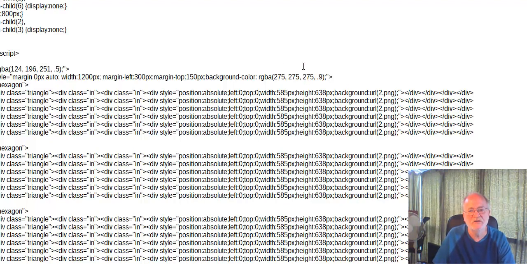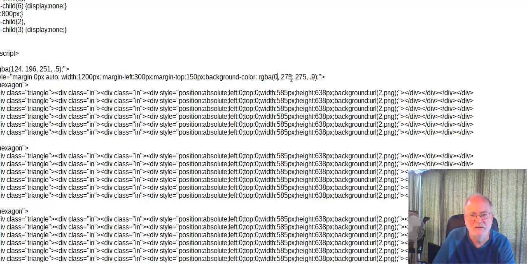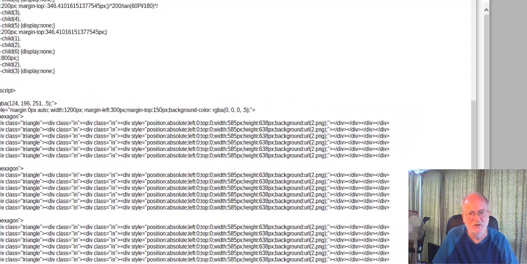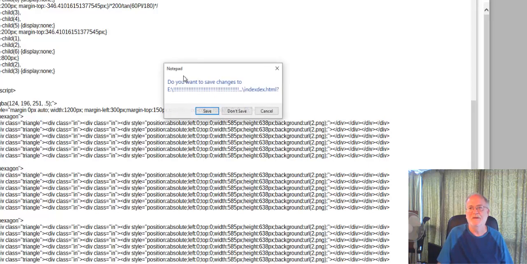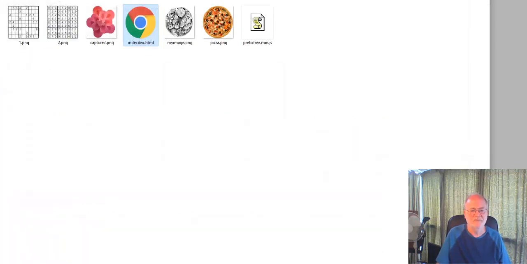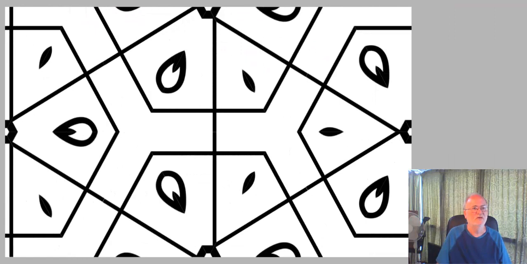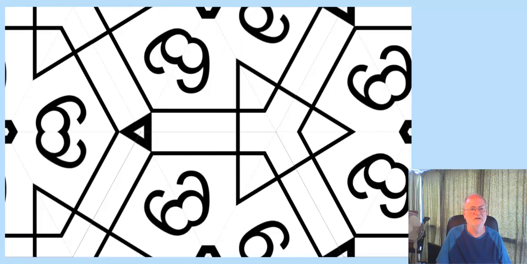This is white in behind the kaleidoscope itself, so I'm going to show you what it looks like being changed just to black. It's quite interesting what it does. And we'll put that onto 5 as well. Save. Go back to refreshing here. So now we've got the blue background,